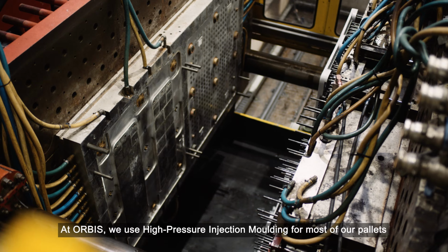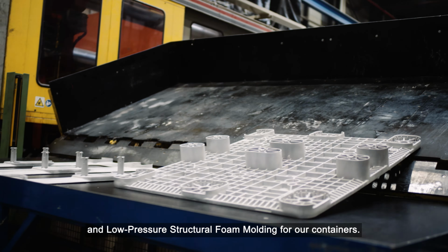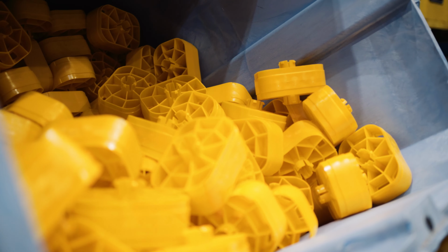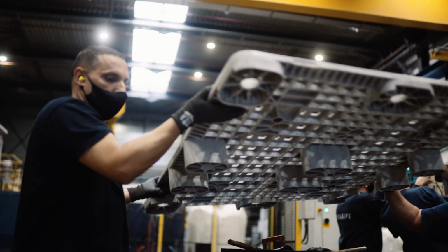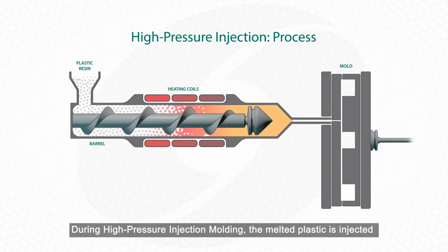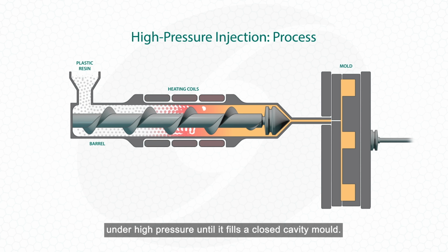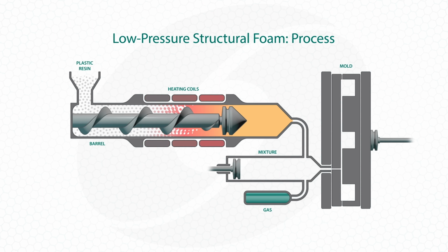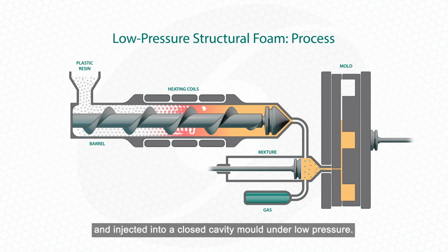At ORBIS we use high-pressure injection molding for most of our pallets and low-pressure structural foam molding for our containers. During high-pressure injection molding, the melted plastic is injected under high pressure until it fills a closed cavity mold. During low-pressure structural foam molding, the melted plastic is mixed with additives and injected into a closed cavity mold under